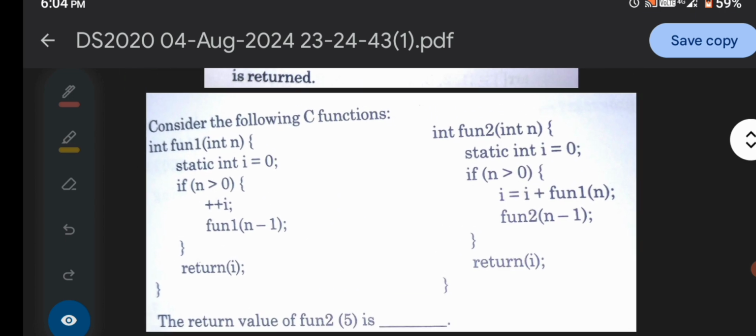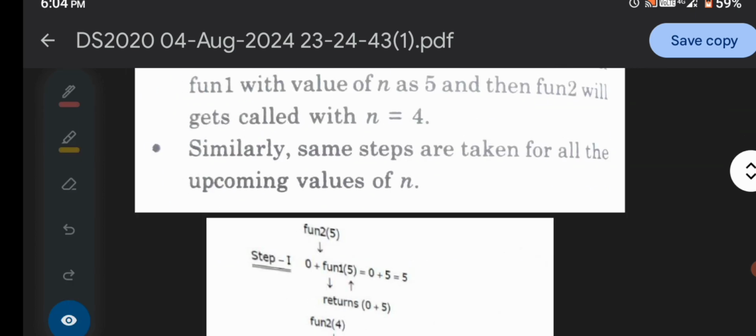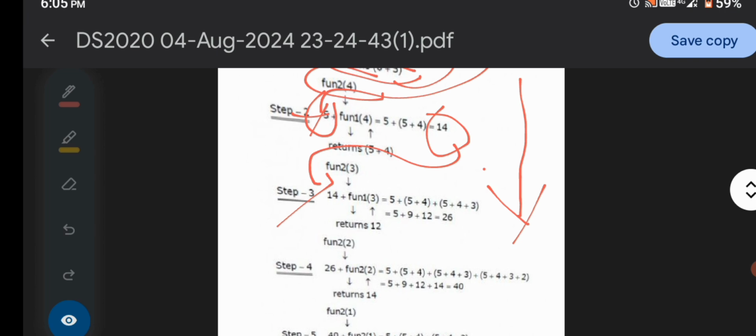Now we come to the program. Here, if n is greater than 0, then it will return this function, but if n is equal to 0, then it returns the i value, giving values like 5, 14, 40 etc. So the flow of this program is 5, 14, 26.